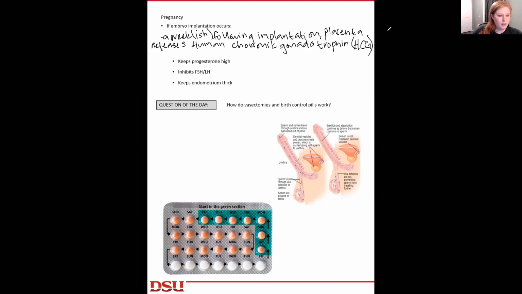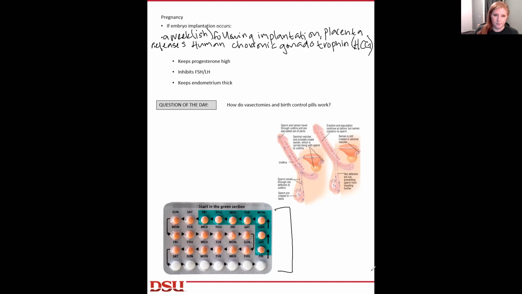Okay. How do vasectomies and birth control pills work? Birth control pills, this is just an example of one. This looks like a consistent dose of one hormone. But some birth control uses a combination of both estrogen and progesterone to rigidly control, artificially, the production of hormone in